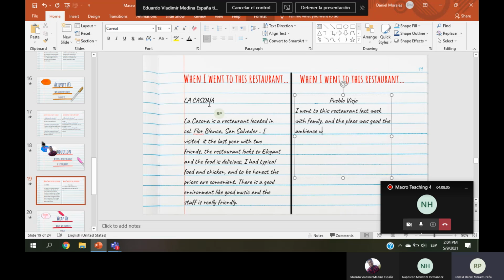The ambience was like a mix of Mexican and Salvadorian cultures. The food was delicious. We had cakes and also some tacos there, and they all were perfect. We had steak and tacos.